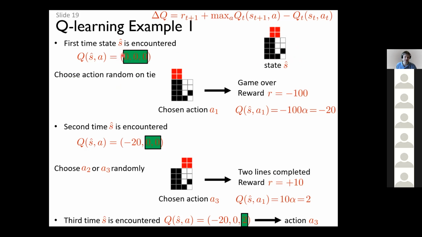And on the tie, we should choose a random action. For example, we randomly find that the chosen action is A1, and we place the tile at this position. This means that we will have an overflow and a game over and a reward of -100. Updating the Q table using our delta Q multiplied by alpha, we find that